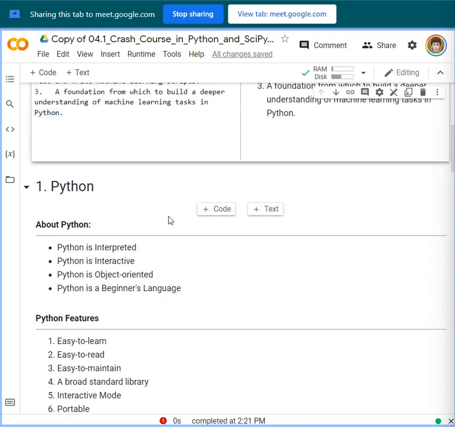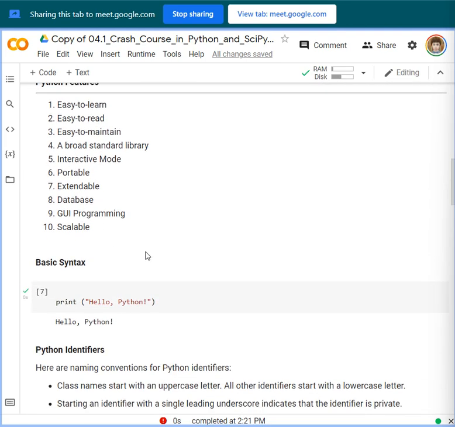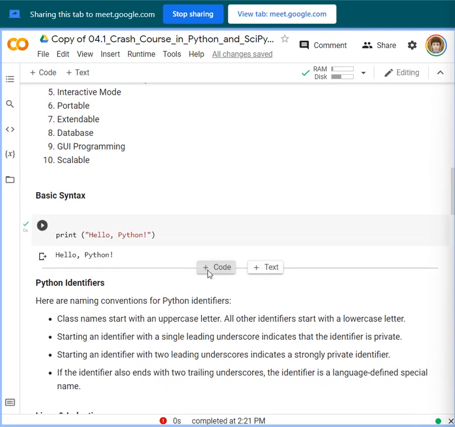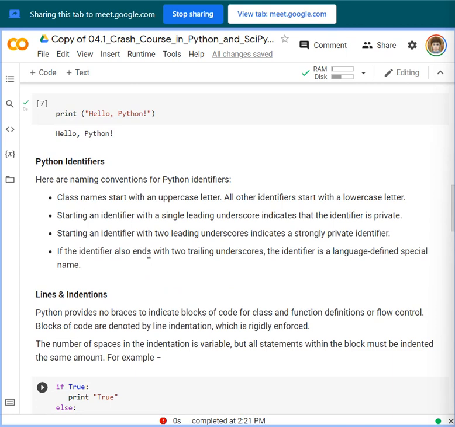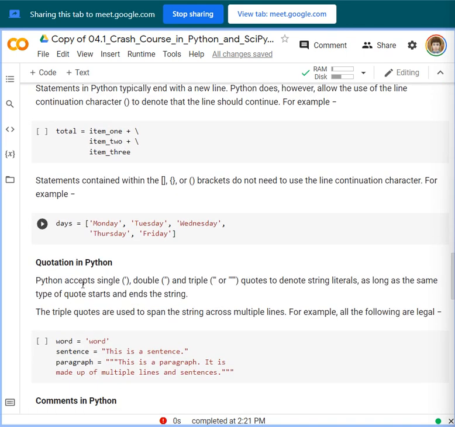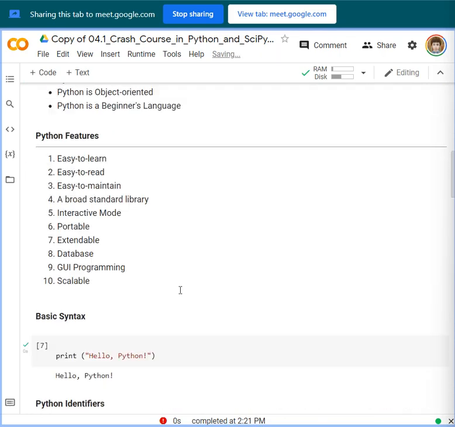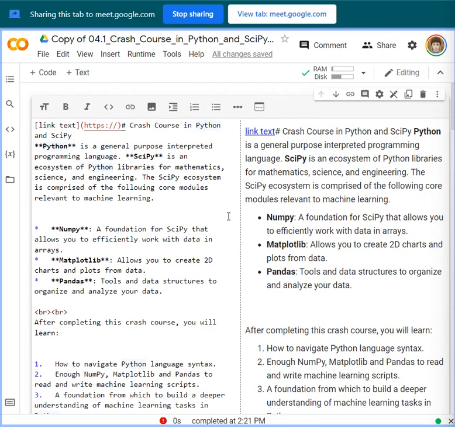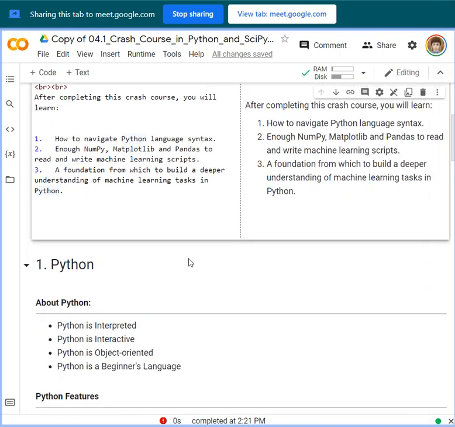About Python features, its features, the basic syntax, and some other topics about assignments. Okay, so I think that's all we will cover for this discussion.